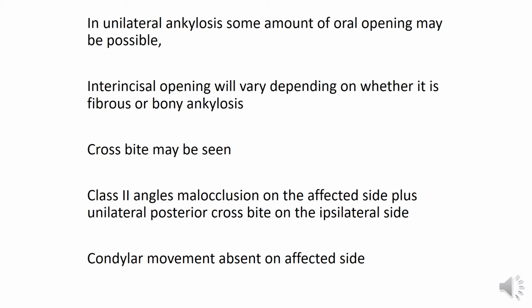Interincisal opening will vary depending on whether it is fibrous or bony ankylosis. There will be a crossbite seen, Angle's class 2 division on the affected side plus unilateral posterior crossbite on the ipsilateral side. Condylar movements are absent on the affected side because of the fusion of the ankylotic mass with